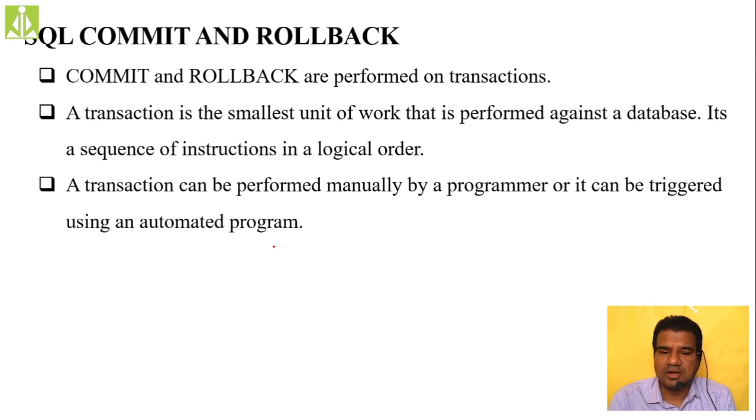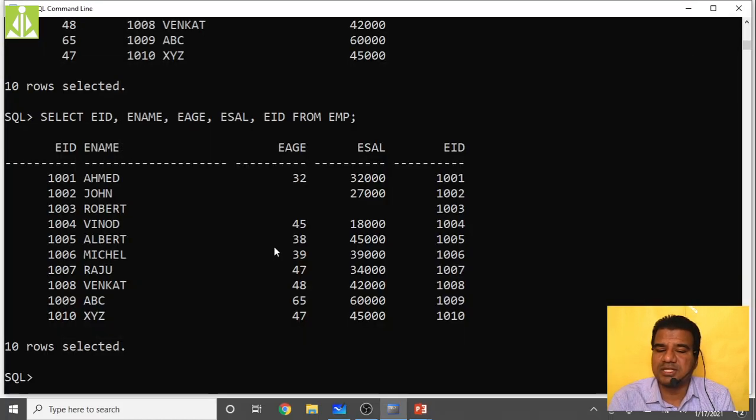So commit and rollback: whatever work we are doing, we do not want to make that work a temporary thing, but a permanent thing, and for that we use commit. Now I have done some 10 records entry into my table. If something goes fishy at this stage, and my computer crashes or the power goes down and my computer shuts down automatically without giving proper time to save my stuff, then what will happen? I will lose all these 10 entries because I have not saved them.